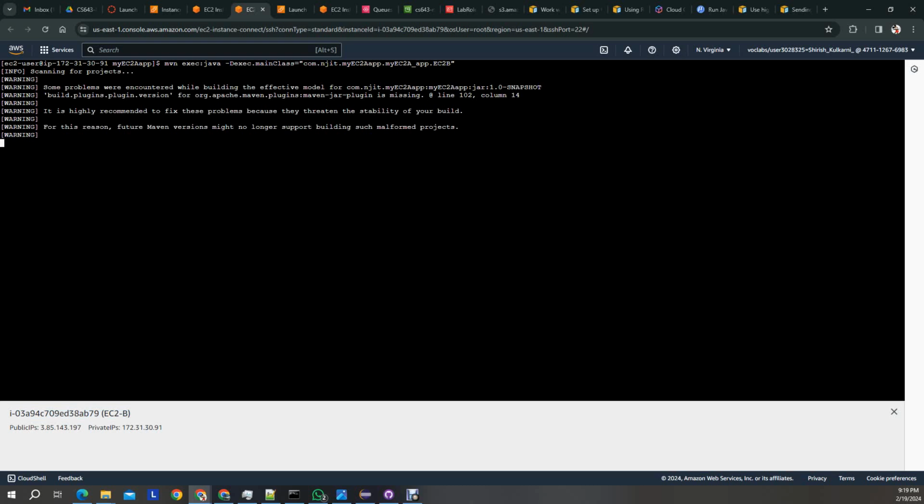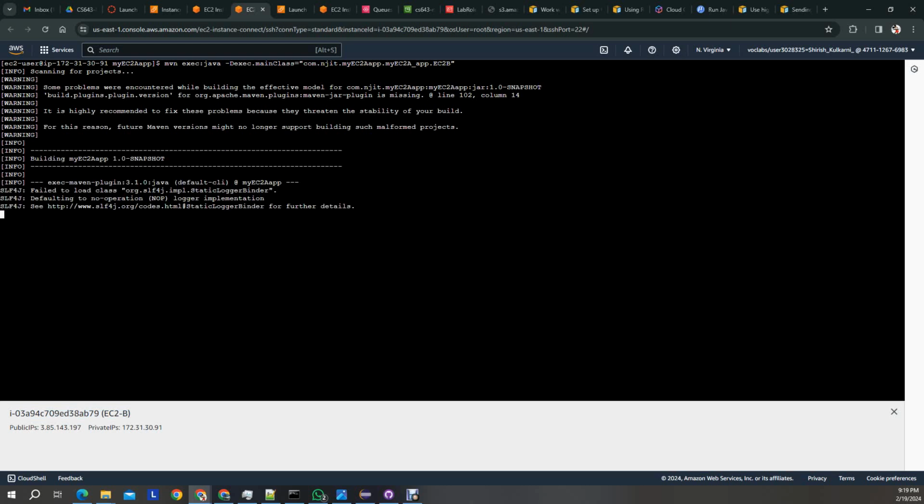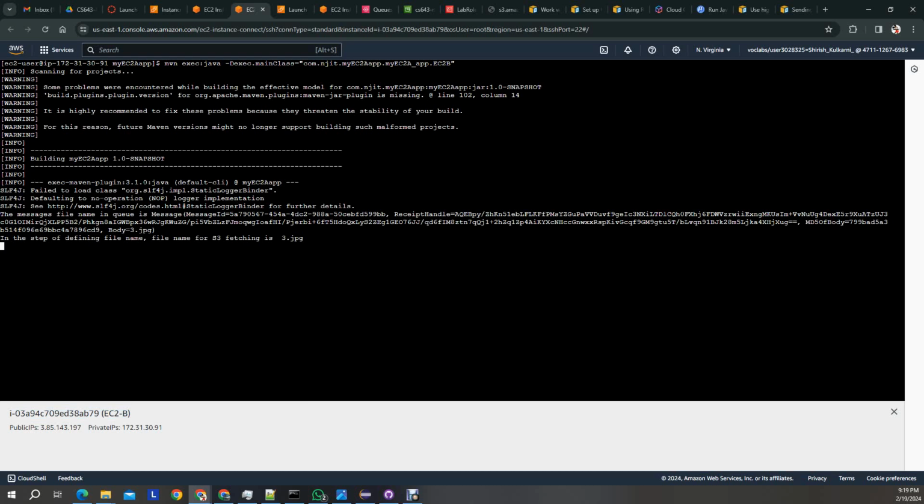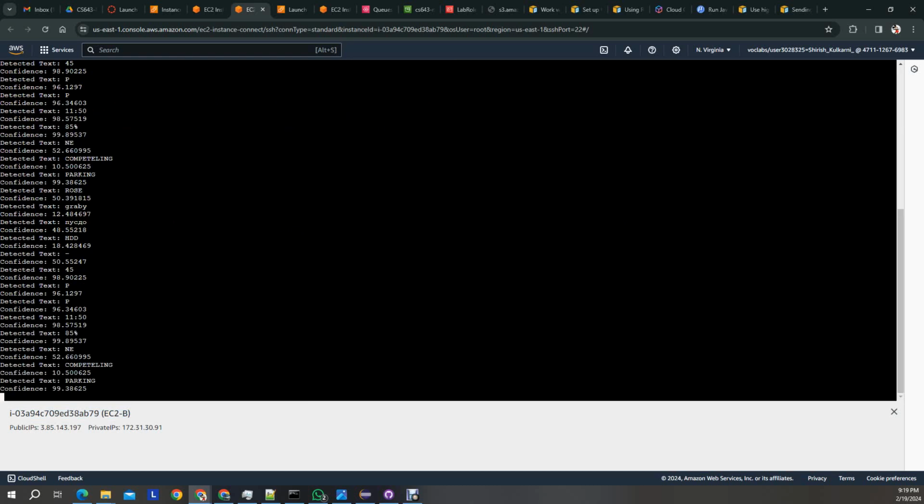So here, as you can see, I'll be running the instance to EC2. Right now, I'm in EC2 instance B, as you can see from the highlighted text here, and I'll be running the second part of the program, which is EC2B dot the Java file, or the Java executable. Now this program basically starts polling the SQS queue and then starts detecting the text inside